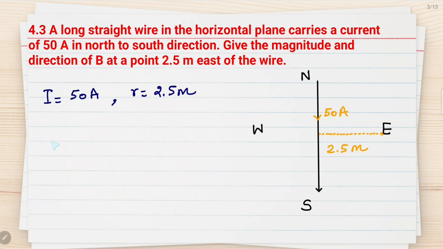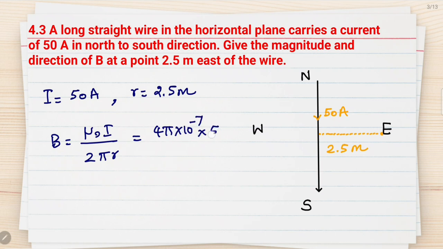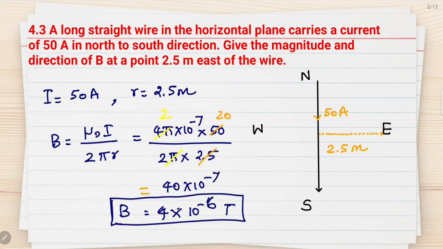First let's find the magnitude. B is equal to, again the same formula which you used in the previous numerical, 4 pi into 10 power minus 7 into 50 by 2 pi into 2.5 meter. It's in meter, so no need to convert. I did the calculations here, so the magnitude will be 4 into 10 power minus 6